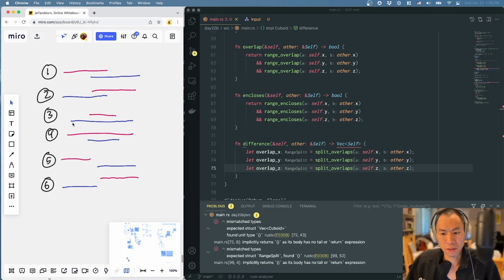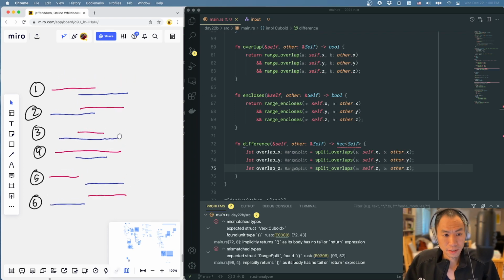That would be the thing that we're trying to remove fully encloses a thing that already is active on one dimension. So how do we deal with that case? And what that would look like, I think, is